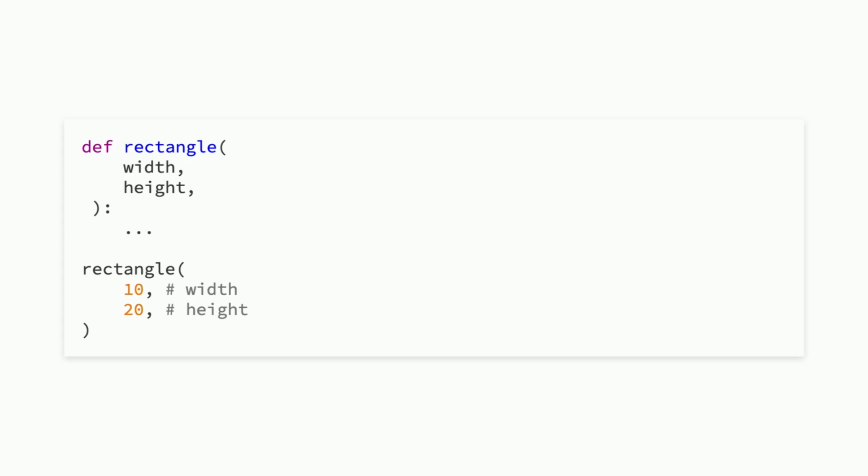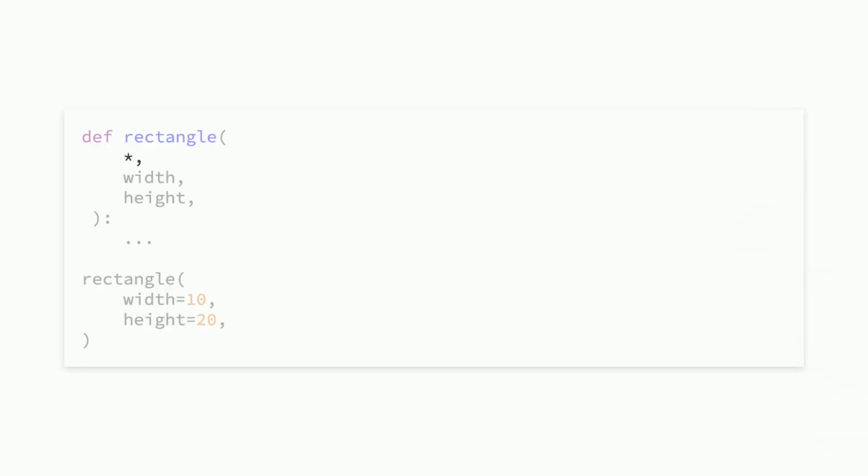So if you are convinced by keyword arguments, and I really hope you are by this point, and you want to ensure that your functions like rectangle are always called with them, what you can do is force that by putting star as the first parameter for all of your functions.